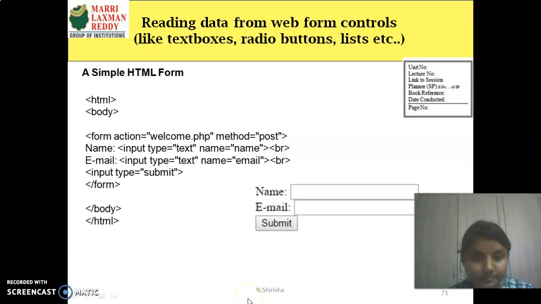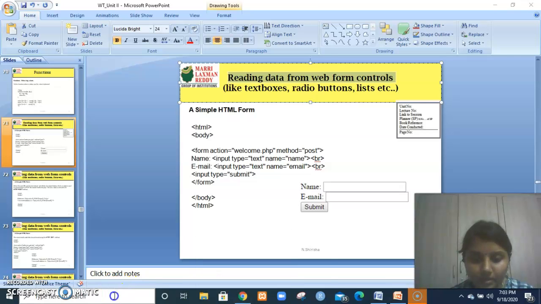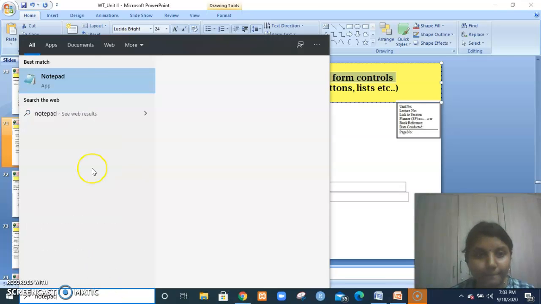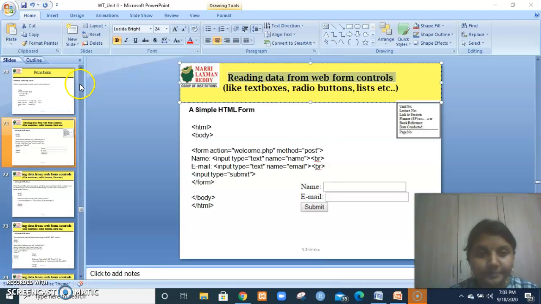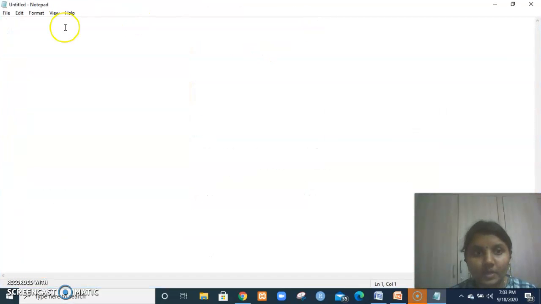Let me take a notepad and write a form. HTML has a head part, which in turn has one title.